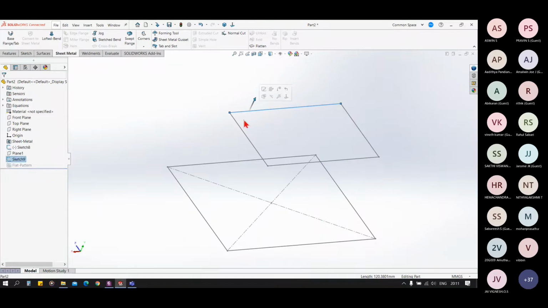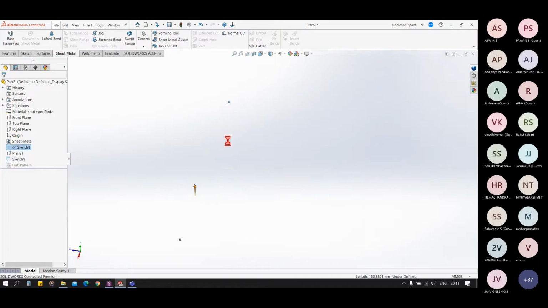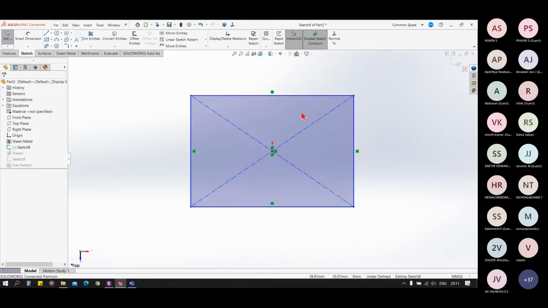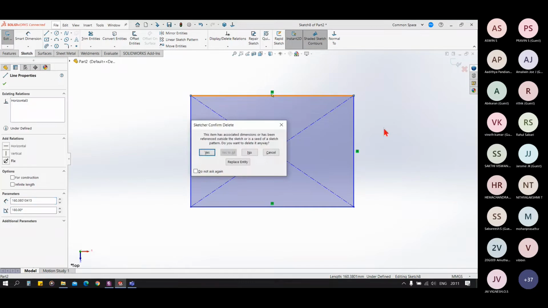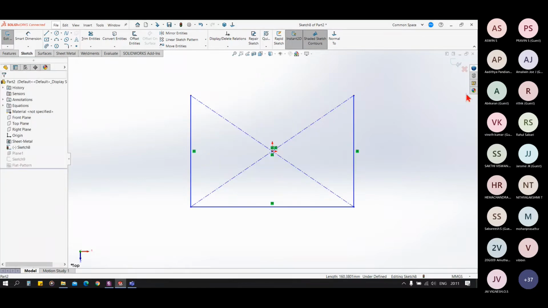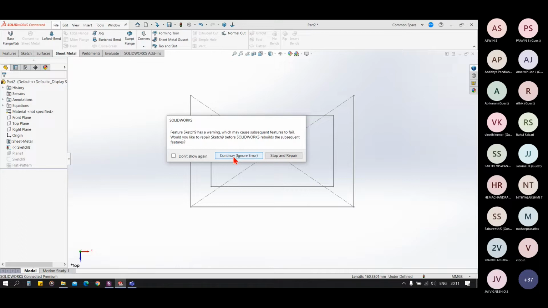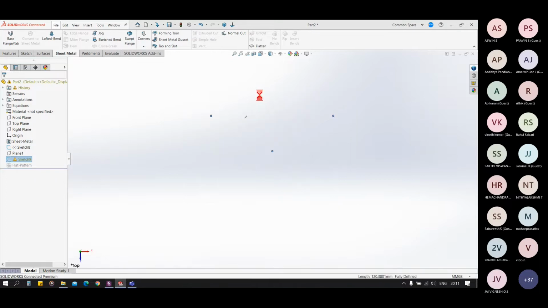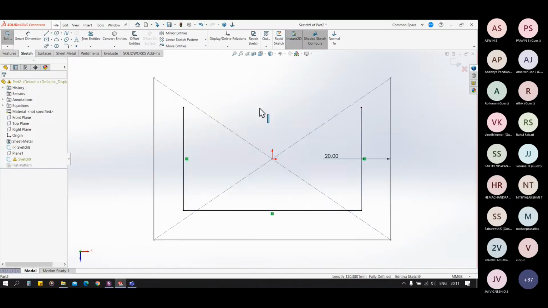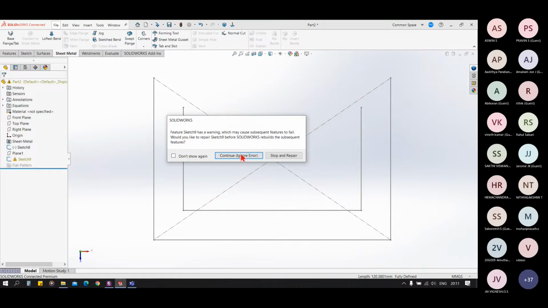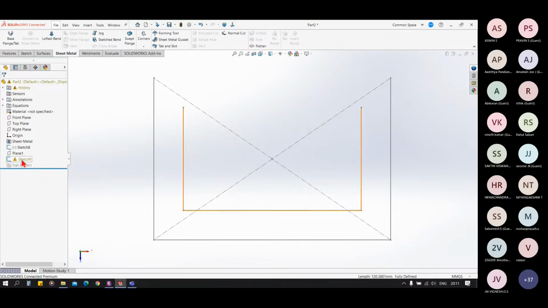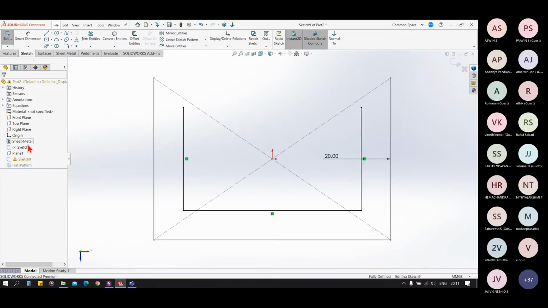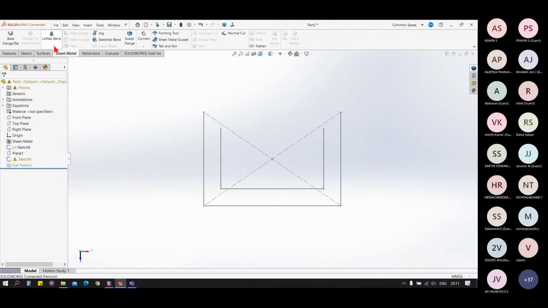Now let's go for lofted bend. Lofted bend is similar to our loft boss in 3D.